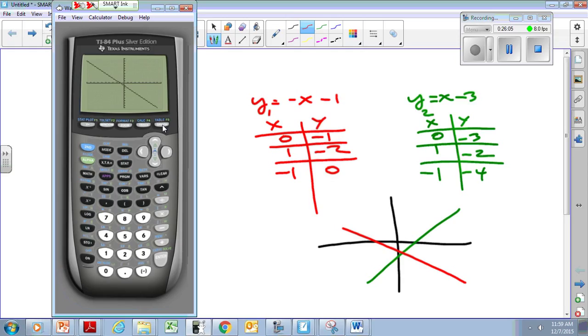Maybe I just let them sketch it. All right. The end. That's how you would do it. We'll do another one of those in class before the test. Enjoy the